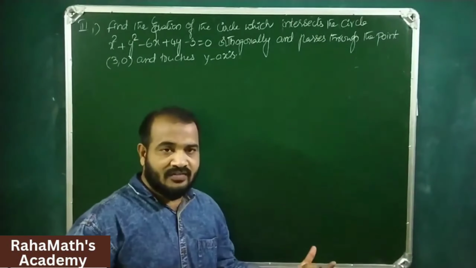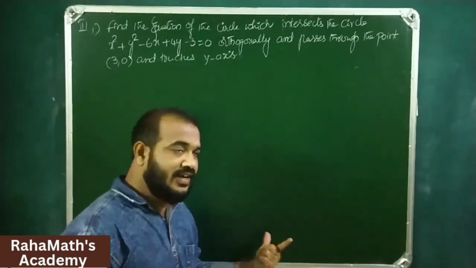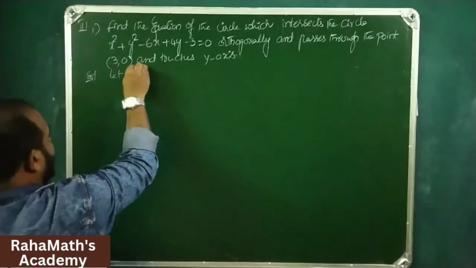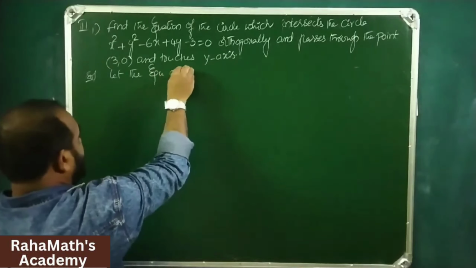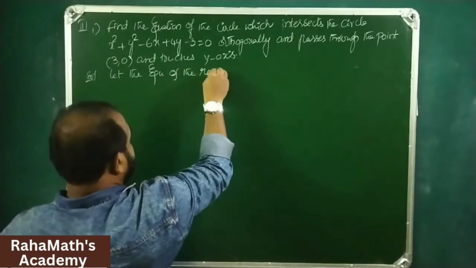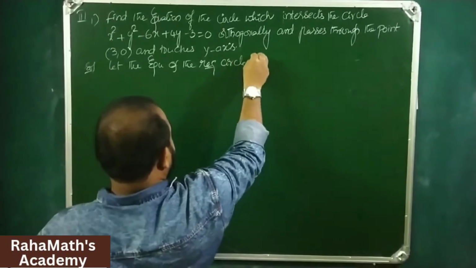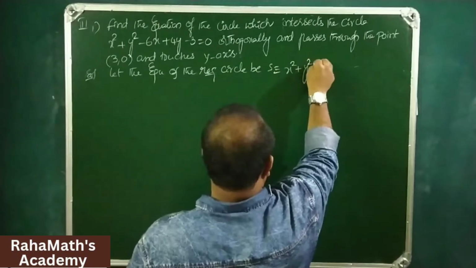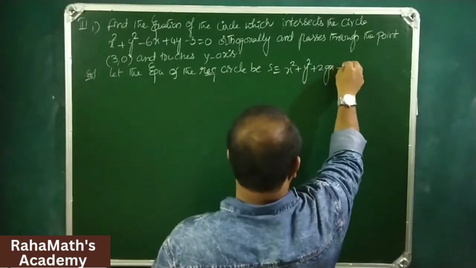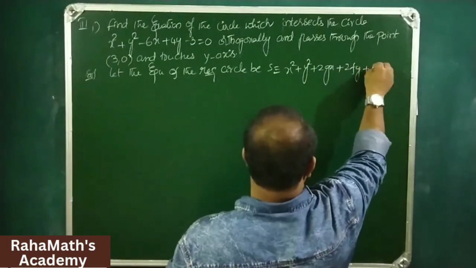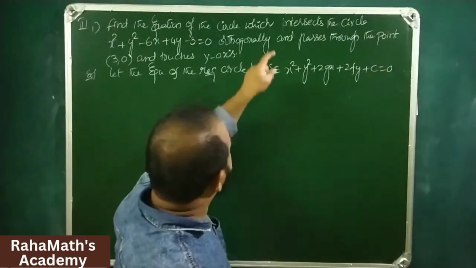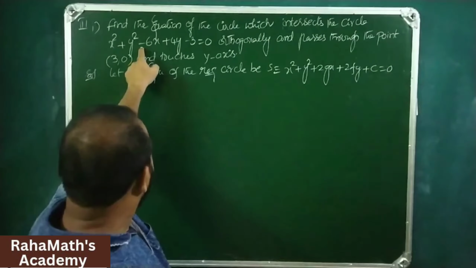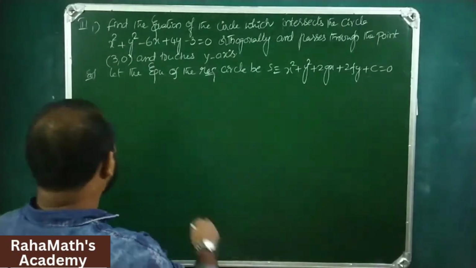So let the equation of the required circle be x square plus y square plus 2gx plus 2fy plus c equals 0. This circle cuts the given circle orthogonally since